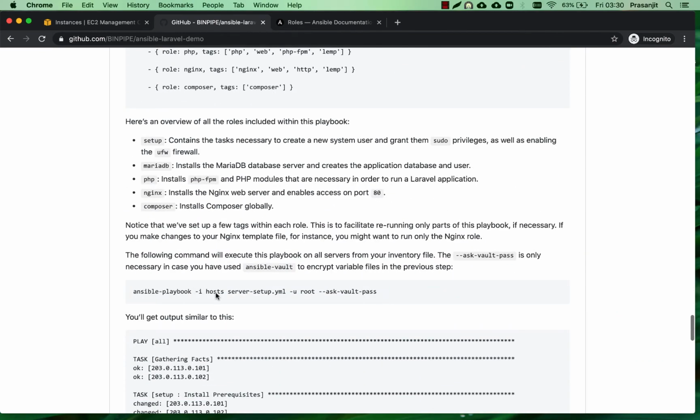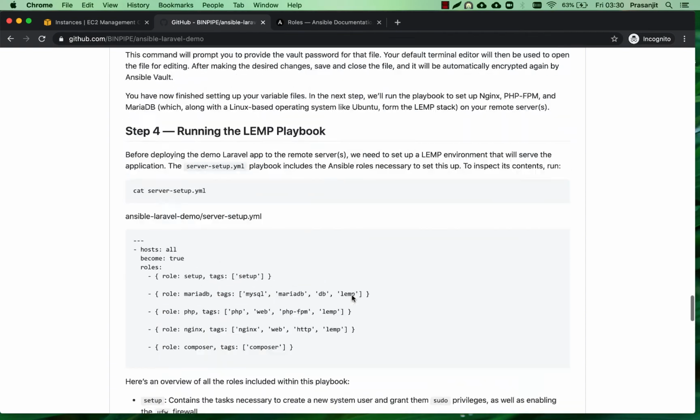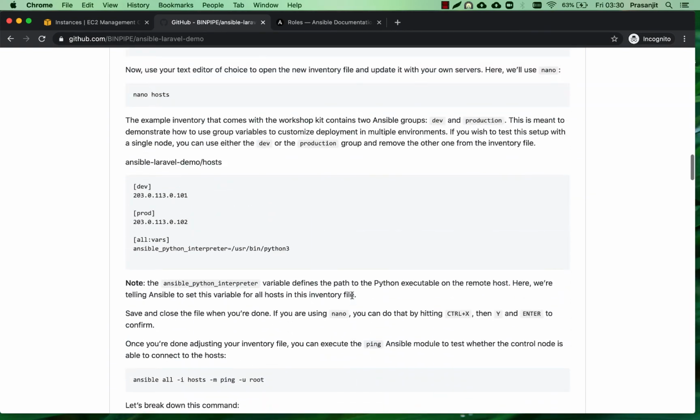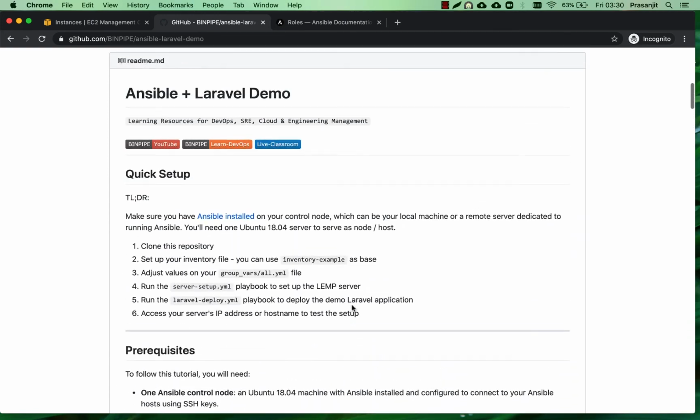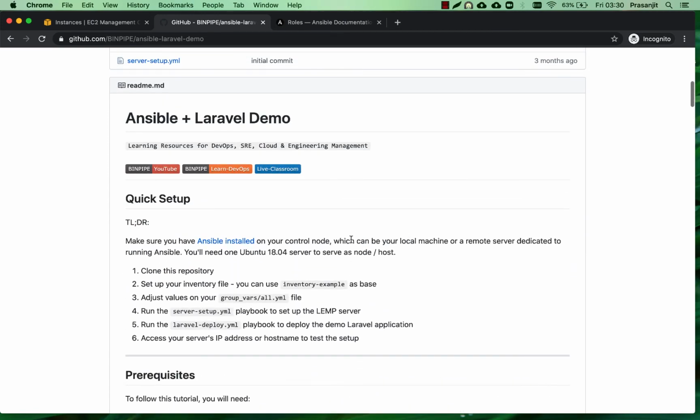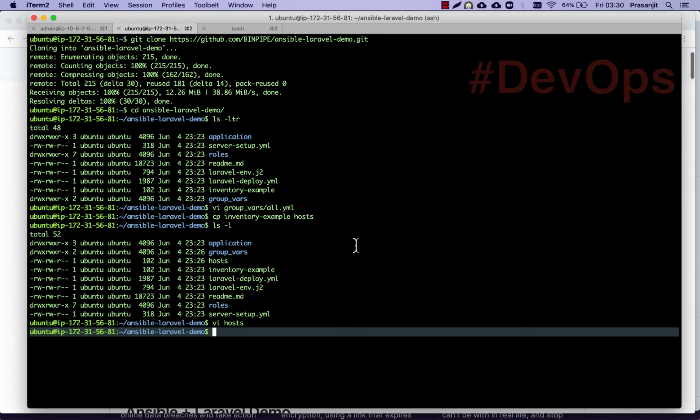This is your command to run the play, minus the ask vault pass. I'll talk about this in a while. Okay, so let me tell you one more thing which you have to do before you can run the play. One more thing that we have to do here is set up our